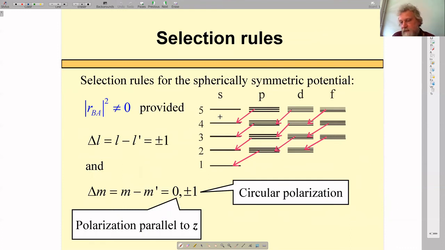Right, so here I present selection rules for the spherically symmetric potential. The matrix element is only non-zero for transitions between different angular momenta, but not between arbitrary values of angular momenta. The values of angular momenta should differ only by plus minus 1. As to another selection rule,